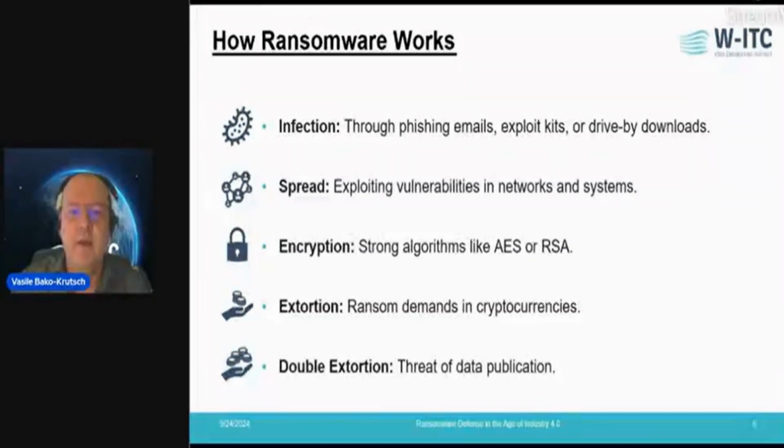This is a symmetric encryption standard, or they can also use a strong public-private key encryption system like RSA, Rivest-Shamir-Adleman. This is also used in other parts of the IT landscape. And this makes recovery of the data nearly impossible without the corresponding decryption key,